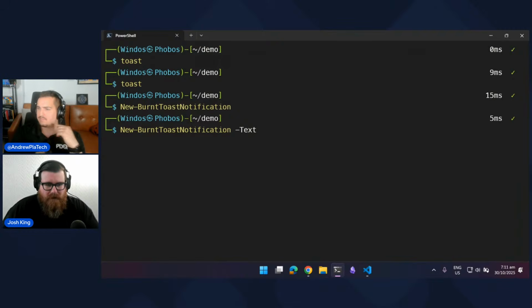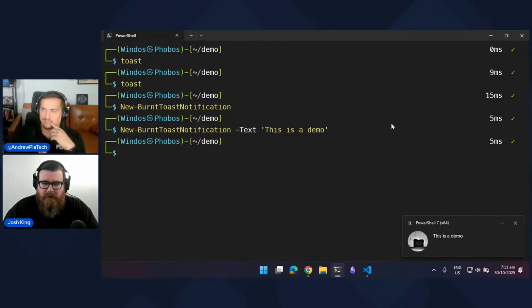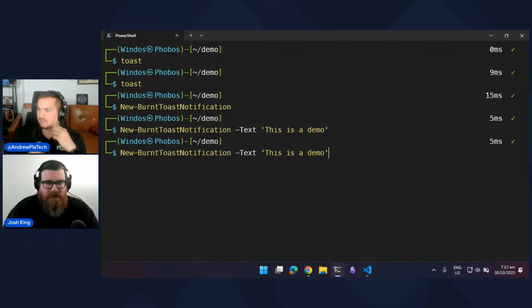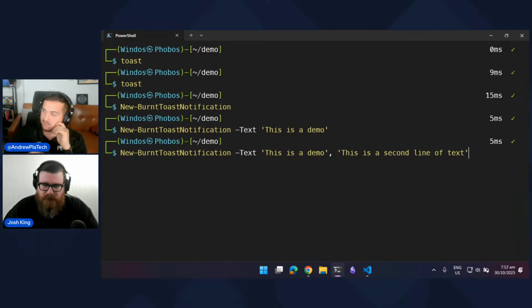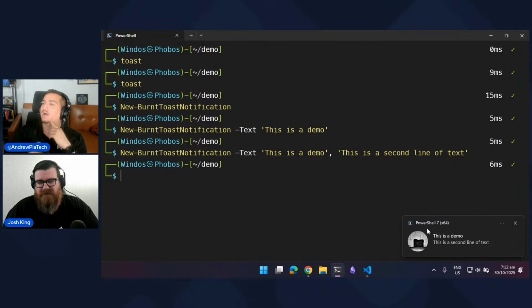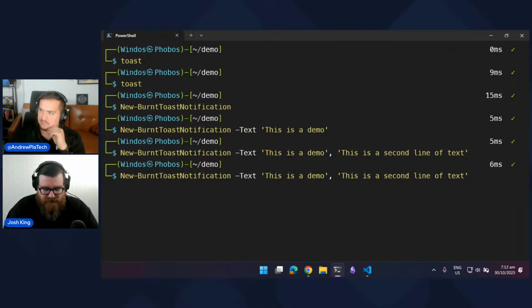So, for example, we might go demo, and then that's going to change the default text that was on there. But we can provide, let me get rid of that, otherwise it'll distract me while I'm typing. But we can also add a second line of text. Wow. Look at that. And so this is just like we're giving it at this point an array of strings, so multiple strings here. And I believe, unless something has changed on me,